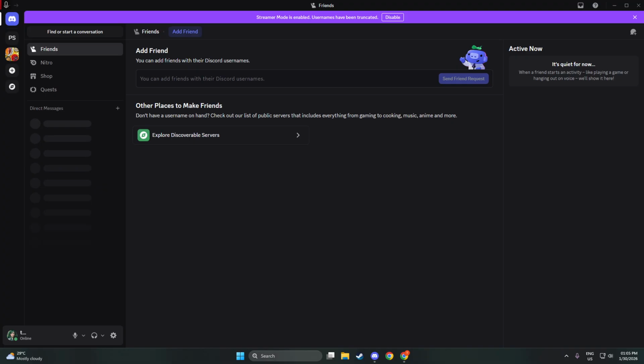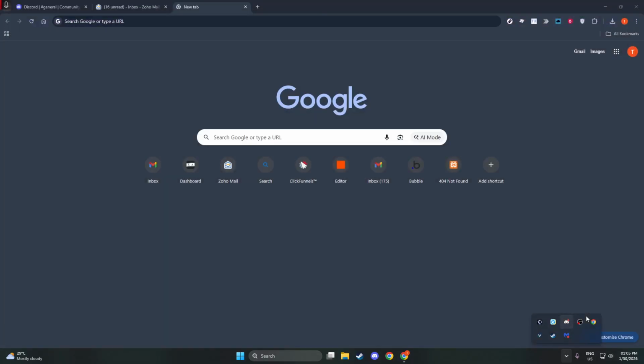Close Discord completely so it isn't still running in the background. On Windows, make sure the icon is gone from the system tray near the clock. On Mac, choose Quit from the menu instead of just closing the window. Give it 5 to 10 seconds, then reopen Discord. This fresh start clears temporary glitches, frees up memory after long sessions, and resets background processes that can build up